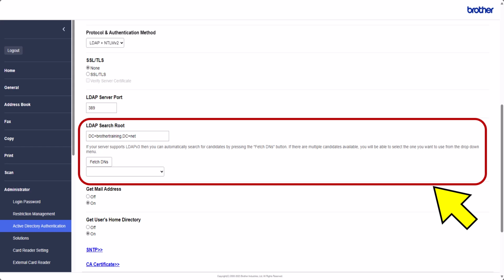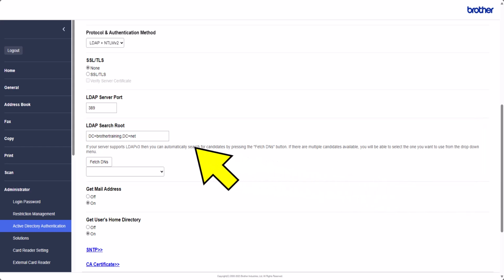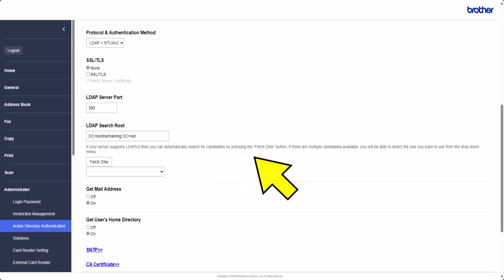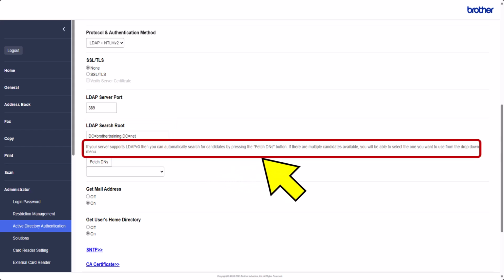LDAP search route. Here is where you enter the search route of your AD. If you know this, you can enter it here. However, if your server supports LDAP version 3, you can automatically search for the required search route string.